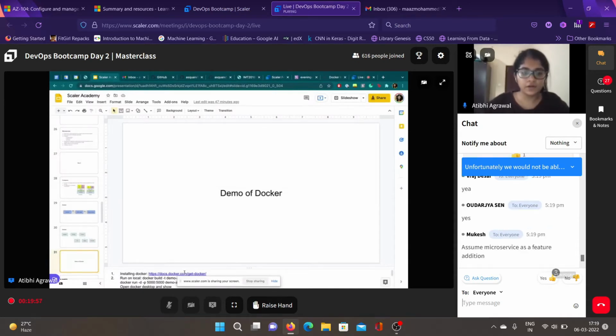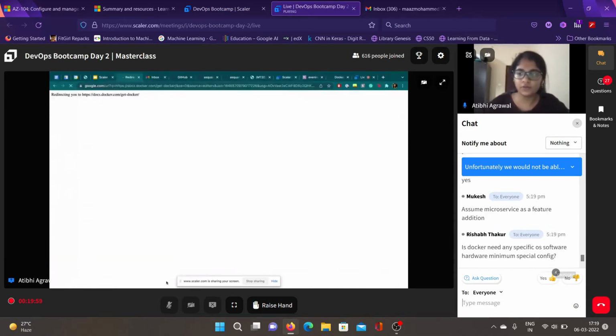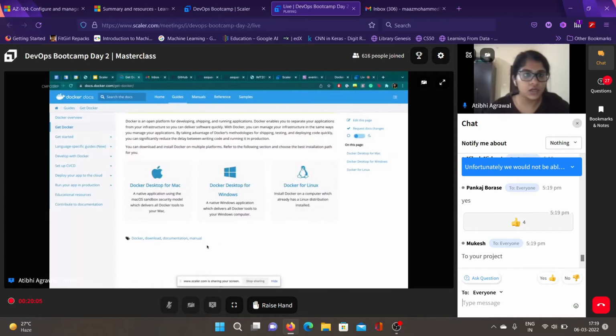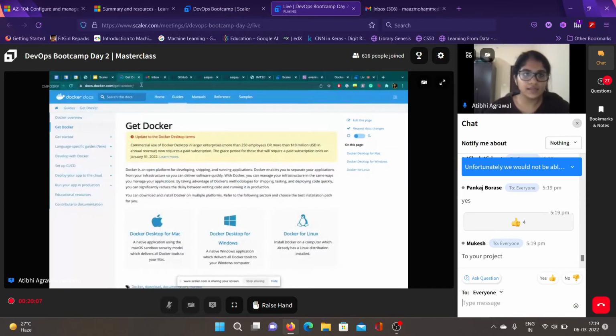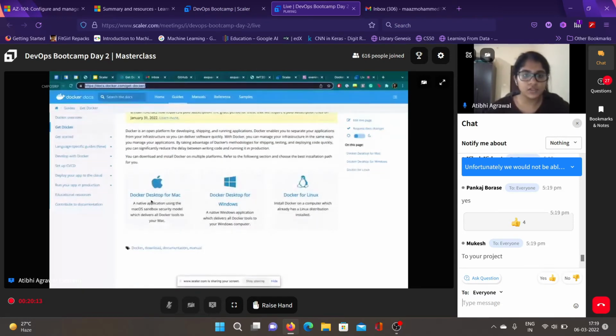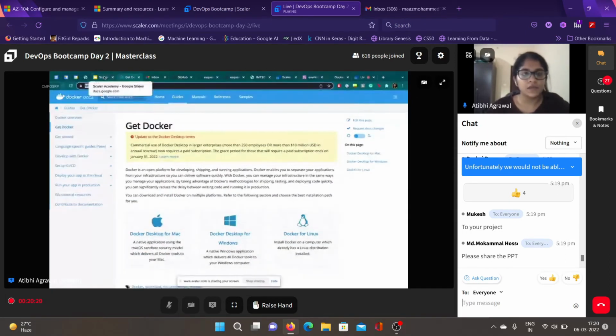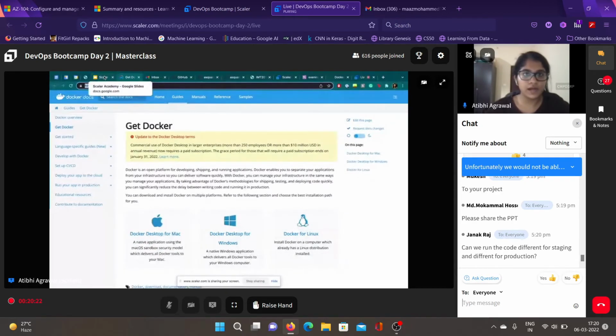Okay, I'm going to walk through some things, but I'm not going to install Docker right now. I have that installed from before, due to time constraints. If you go on this link, you can just Google install Docker. You will go to the official documentation of Docker, and then you just install whatever Docker you need. That's pretty much it, and you should be done for Docker. After this, we are going to write our own Dockerfile, and after writing our own Dockerfile, we are going to